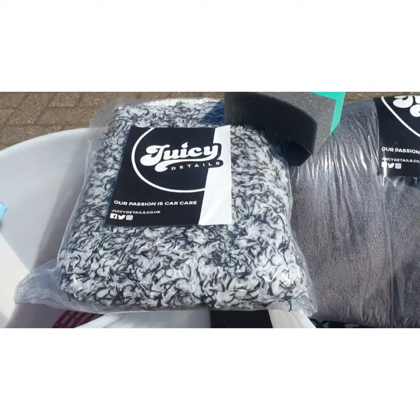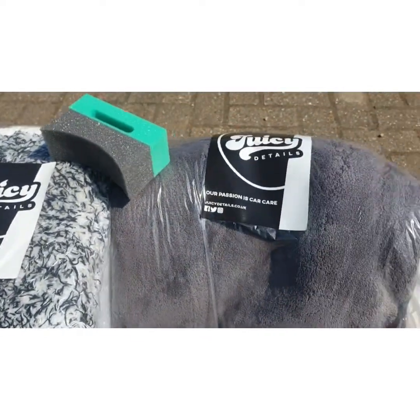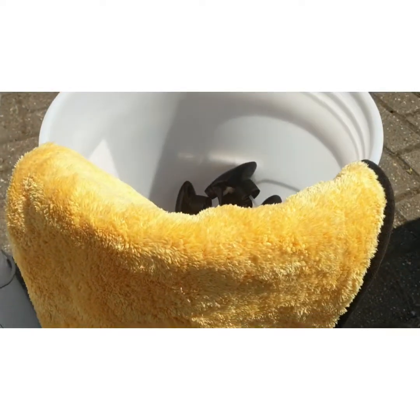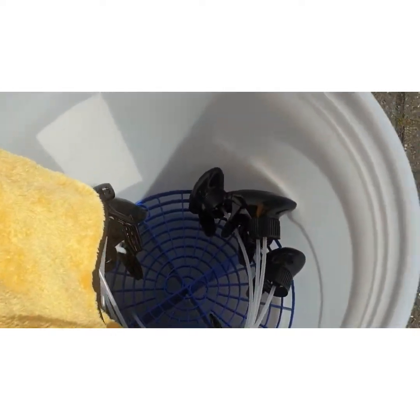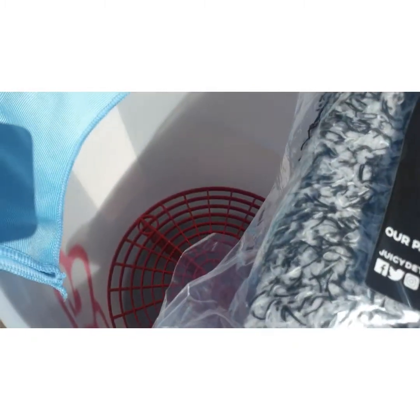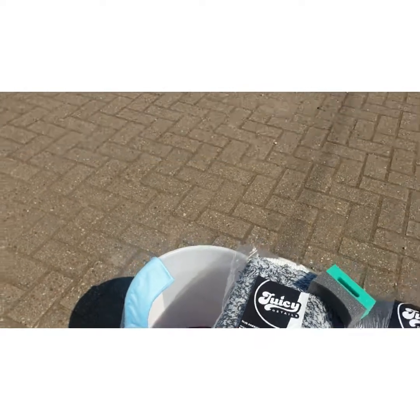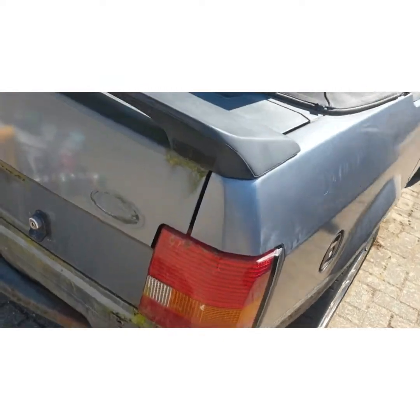glass cloth, nice thick wash mitt, nice drying towel, a buffing towel. All the trigger heads are in there, and obviously all the buckets have got grit guards, and they're all colour coded. So blue for wash, black for wheels, red for rinse. That's obviously going to help us massively to maintain all of this, which you can see I haven't even done it yet, but it will be done